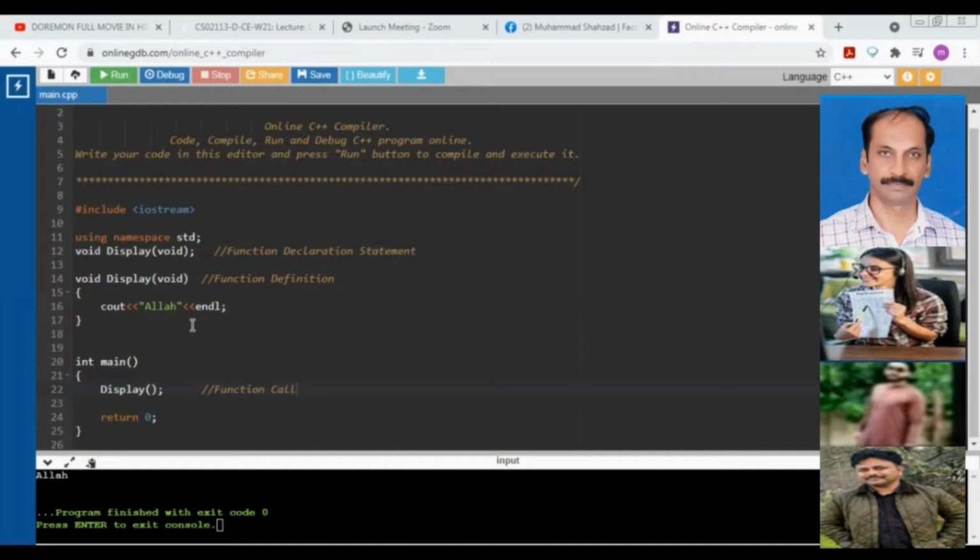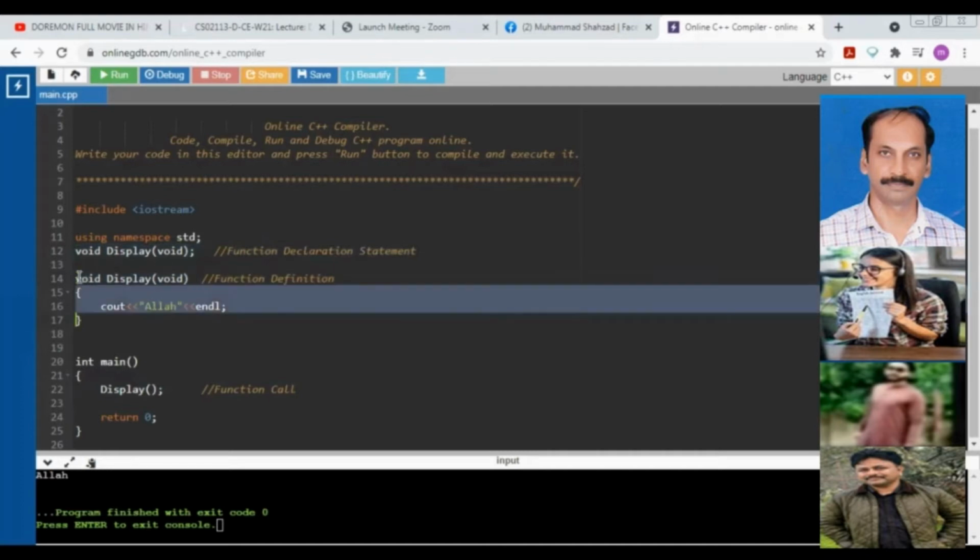At line number 12, my dear, we have declared a function. What is the name of the function, my dear? Display, sir. Yes, sir. And if we look onto the instructions, that begins with the line number 14 and ends with the line number 17.